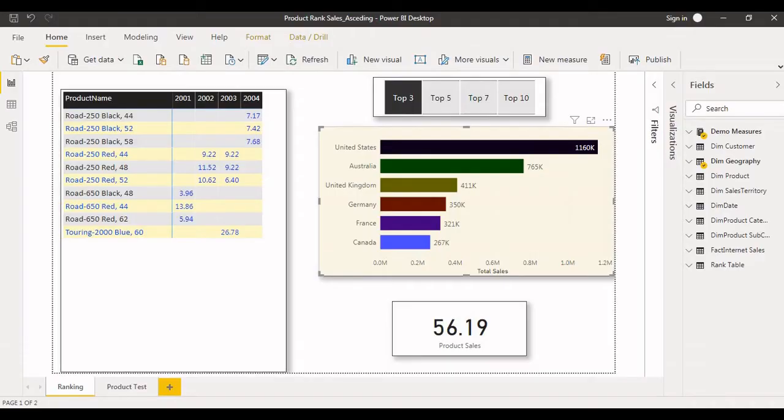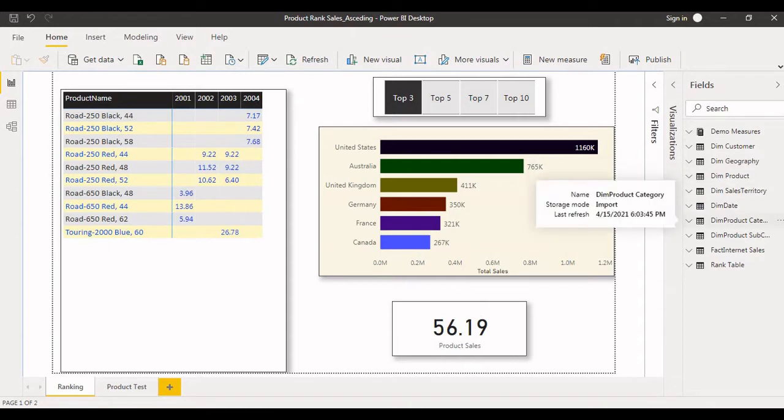For this, I have already designed the report, so I'm going to explain each and every step of what I've done here. Before getting into the details of the report, let me explain which tables I have imported from the Excel: customer table, geography, product, sales territory, dim date, and the category, subcategory, sales.